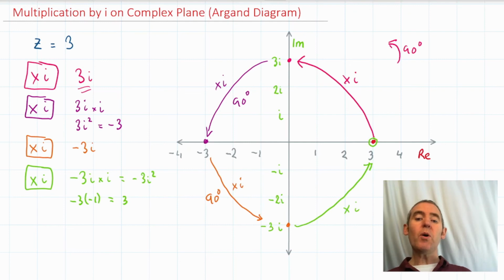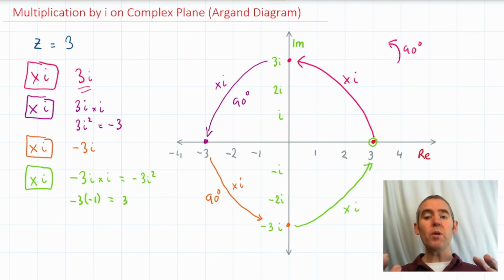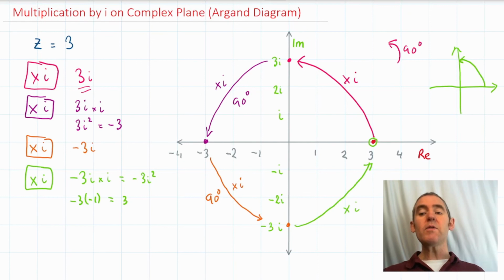Now this is very important because this gives you an idea why complex numbers are so important. When you multiply by i, what you're actually doing is you're coming off the real axis. So if you think of the real axis this way and the imaginary axis this way, when you multiply by i, you're coming off the real axis and up onto the imaginary axis. That's why a complex number is a two-dimensional number. It is the only number that has 2 dimensions, whereas all the numbers on the real axis line are